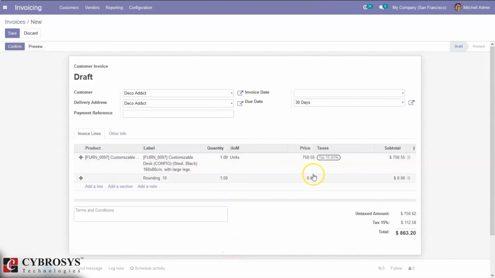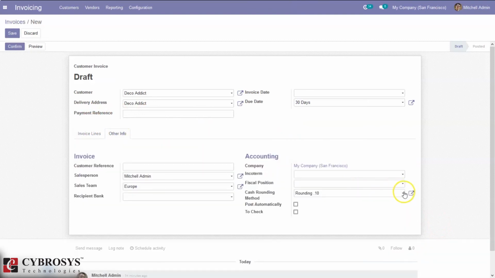You can see 0.07 is added, and when you change it to 5 or 4, you can see again it is rounded to plus infinity, and you can see the change in the price amount and the total amount.